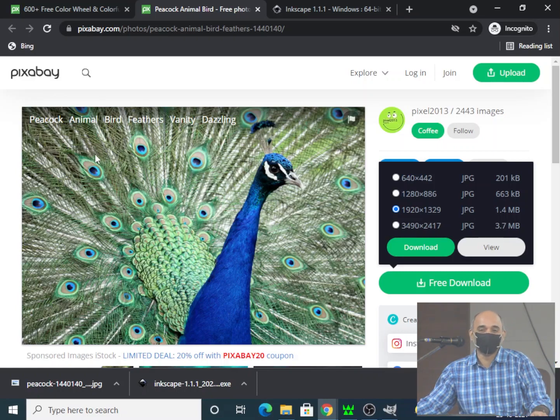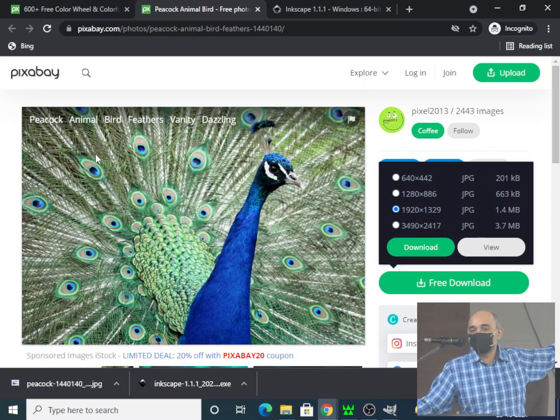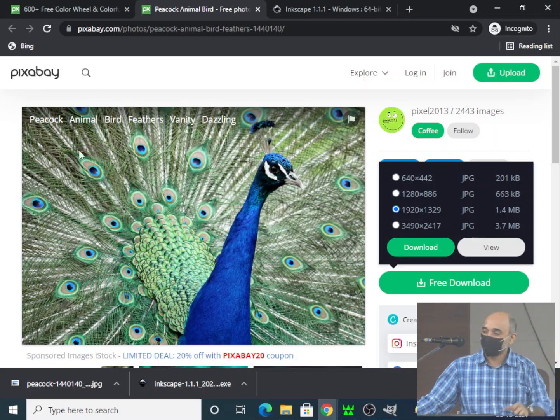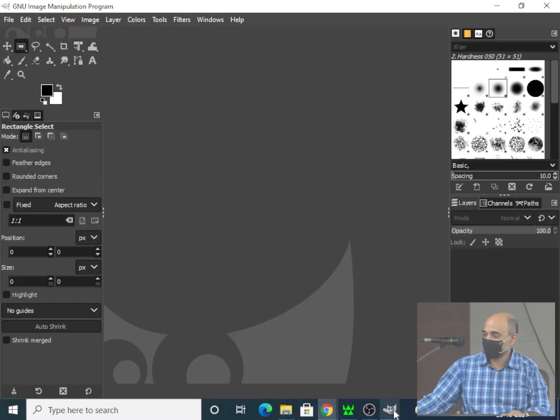Now people are saying four-dimensional. Okay, if you see it as it is, it's two-dimensional, but there is another dimension to it. And whatever we are doing in GIMP is basically working mostly with the third dimension. I'll show it to you in GIMP only so that you'll understand what the third dimension is.